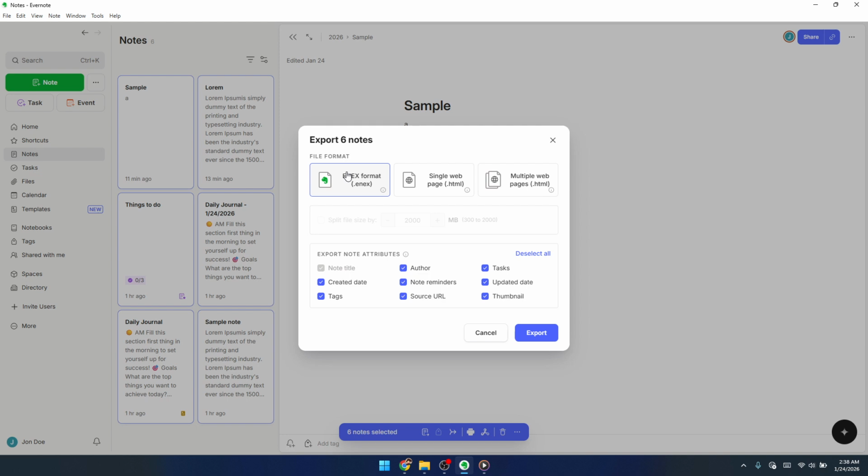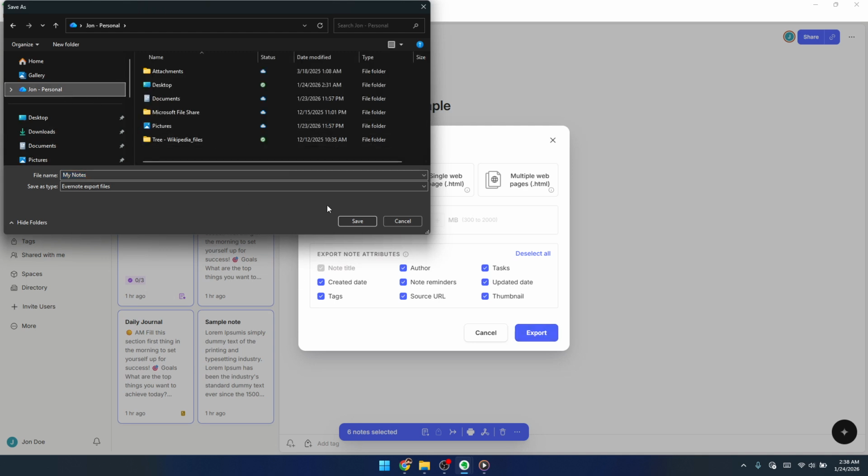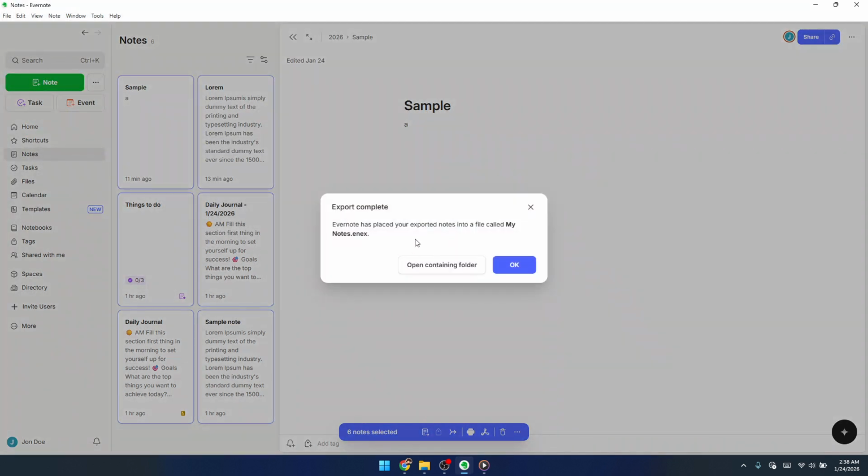If your main goal is to easily view your notes outside of Evernote or open them in a web browser without any special software, choose HTML. This will create files you can open in any browser and is useful for archiving or sharing readable versions of your notes. After selecting the format, choose a folder on your computer where you want the exported file to be